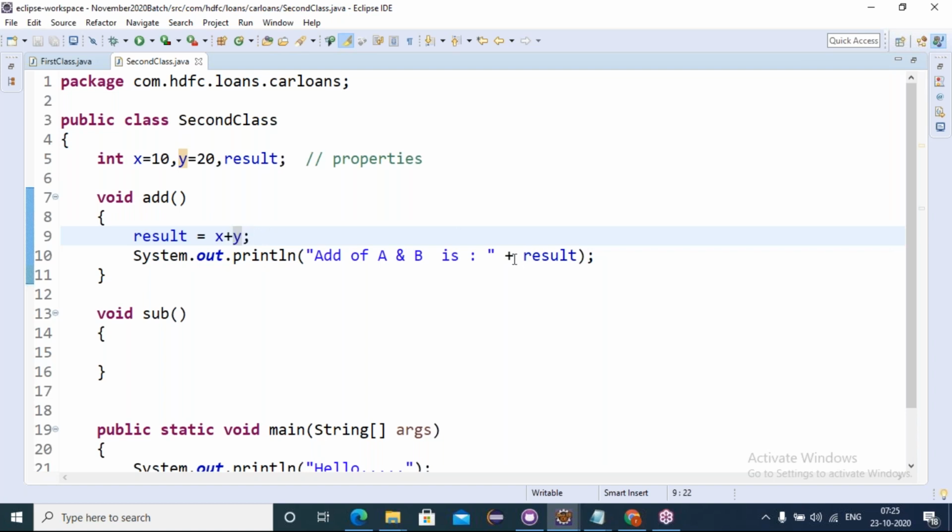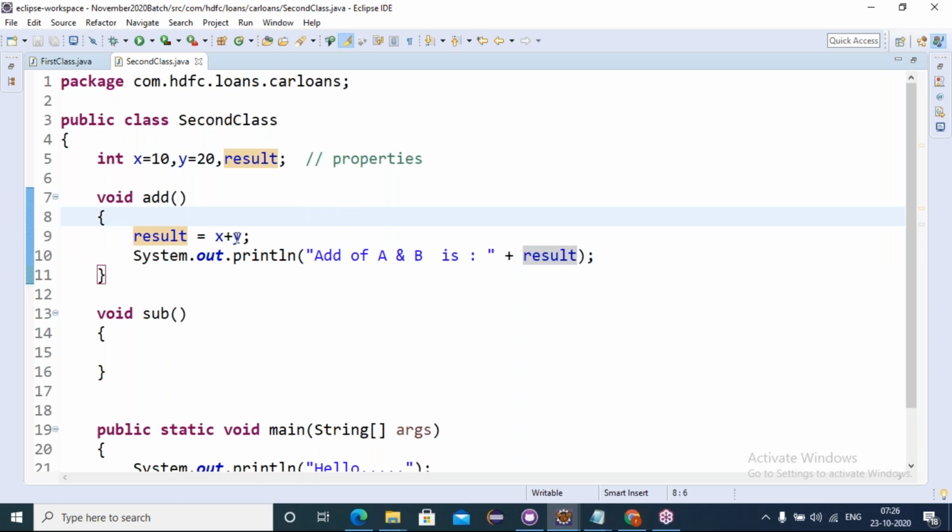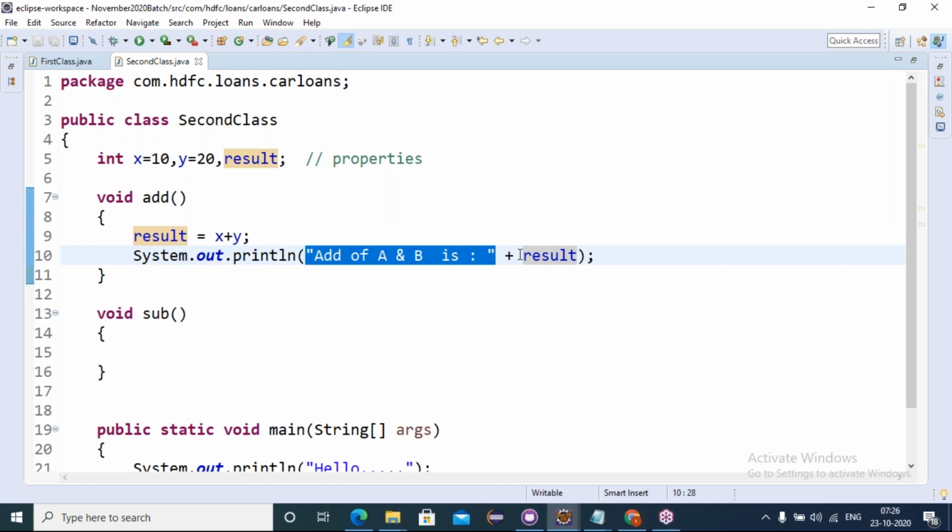Now here result is an integer type number. This is not a number system, it's a string. Anything represented in double quotes is treated as a string. This is a string type, and this is the number type. When a plus is between two different data types, it does the concatenation. Understood, friends? When a plus is between two number systems, it does the addition. When a plus is between two different data types, it does the concatenation.